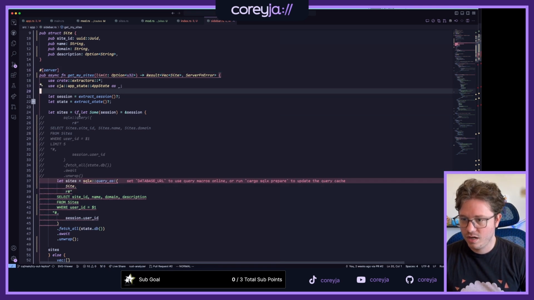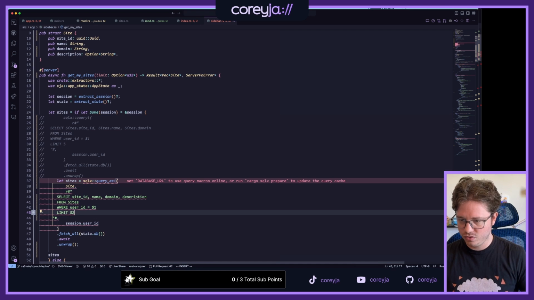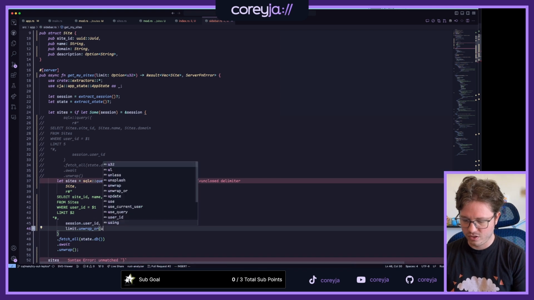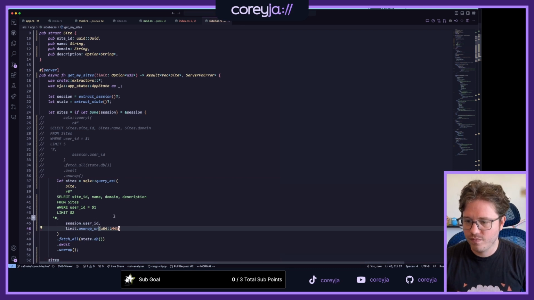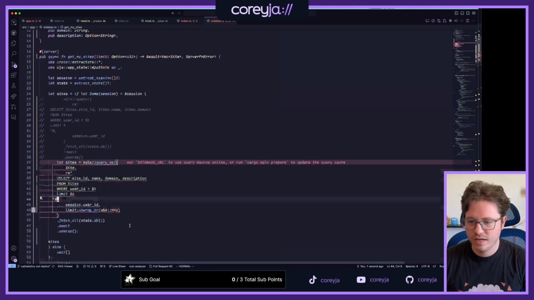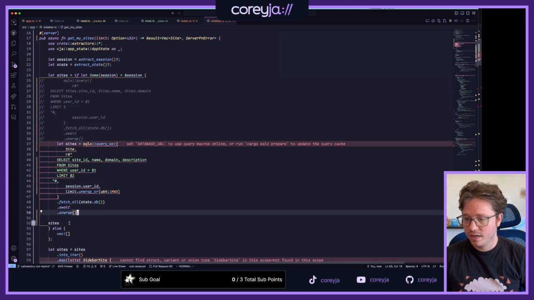So then where limit is 2. This is limit.unwrap or max, so like U64 max. Yeah, I know the database URL is not there. It's silly, but it's fine.